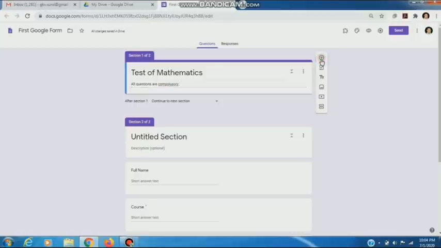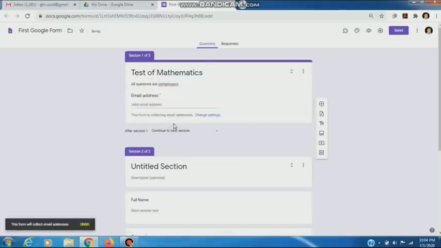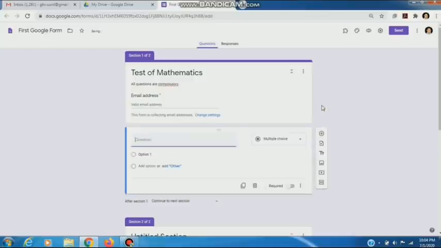Next, add question. First we will collect the email address. Email address. We have to change the email settings. This is compulsory. Next, one more question. Full name.